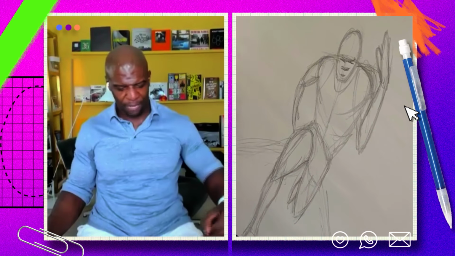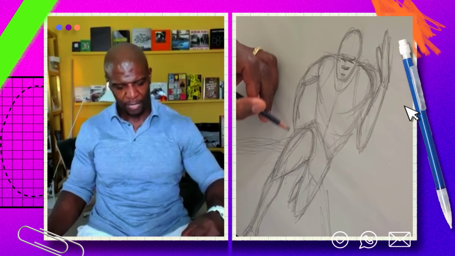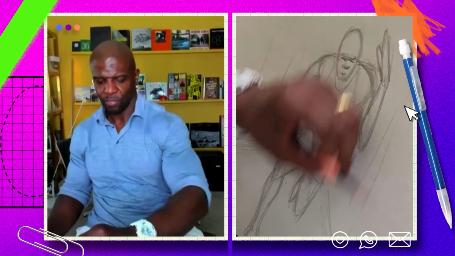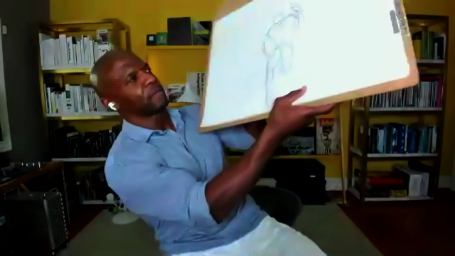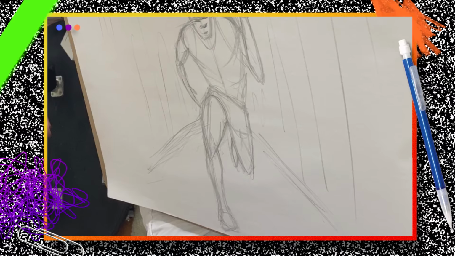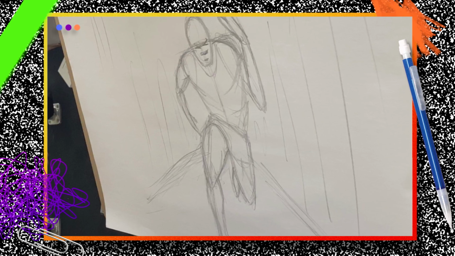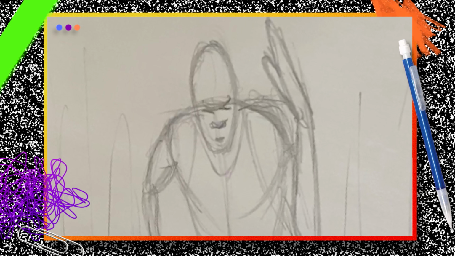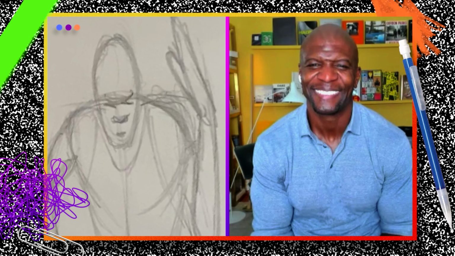All right. I'm giving him a little bit of a road with a little bit of something on the side, just so we can, he may be running down a hallway. Here we go. There's a little bit of a hallway roadish type thing, if you can see it. So it kind of gives it a little more perspective. But you notice he has a goatee just like me. In fact, he is me.